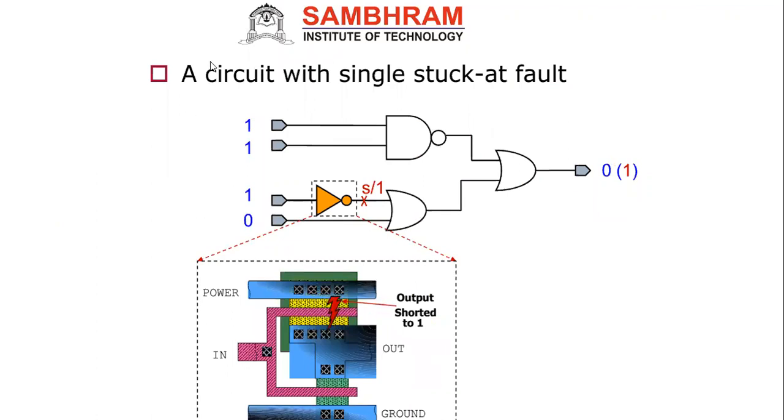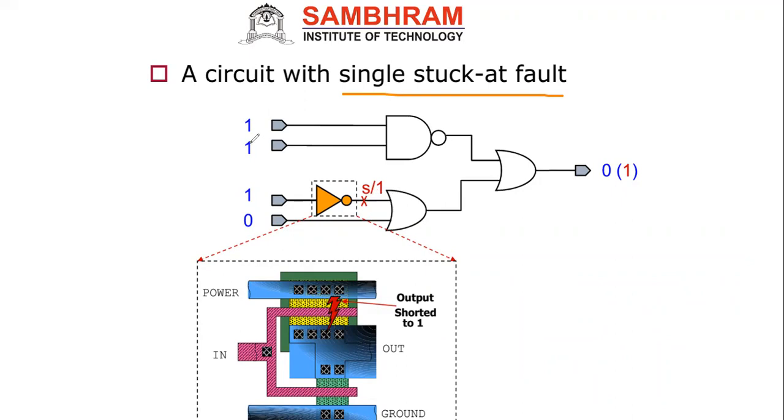So now here you see we are showing a circuit with single stuck fault. So always at a time we cannot have more than one stuck fault. Each and every time only one stuck fault, single stuck we can say, not multiple. We are using just single stuck at fault. Now here these all are inputs, simple circuit. Here this cross mark specifies that we are assuming this portion is a fault actually. Okay. So for example, first you don't assume the fault here.